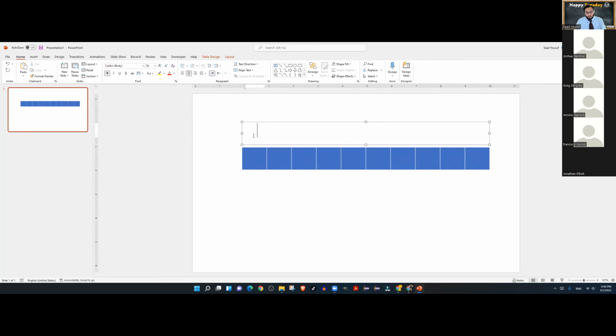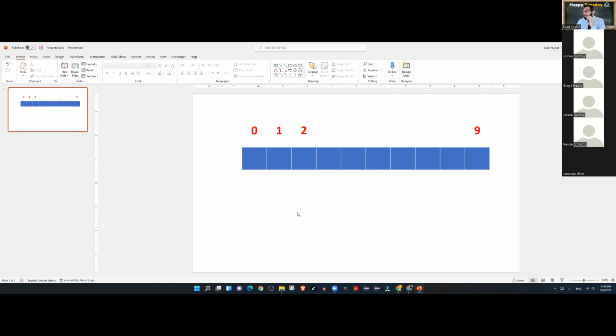So we've got 0, and we have got 1, we have got 2, and like that all the way till 9. These are the 10 blocks.